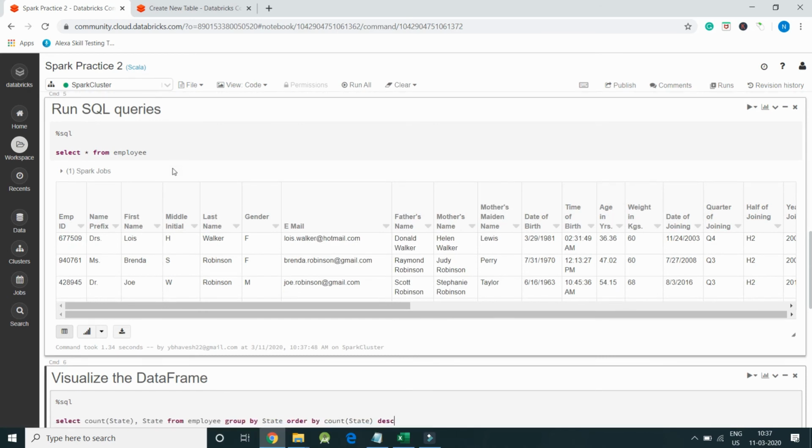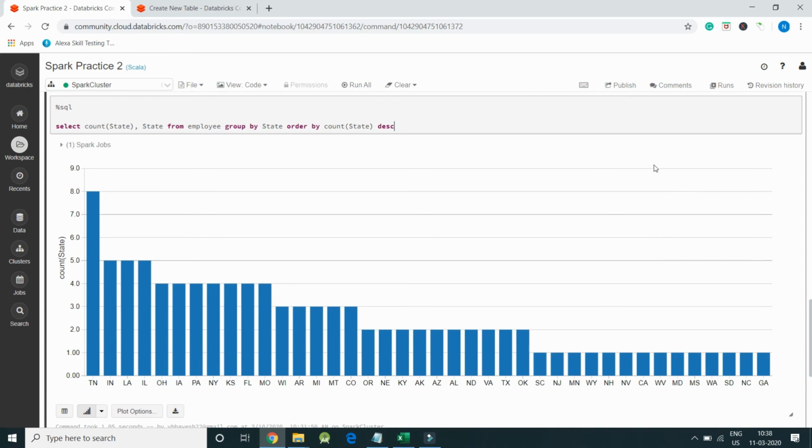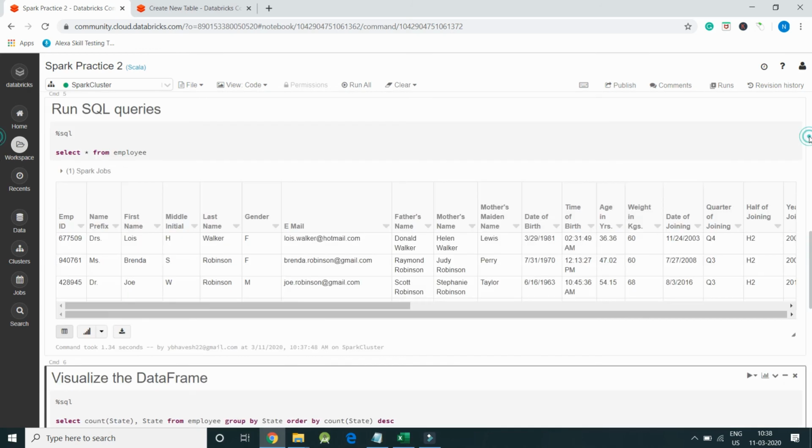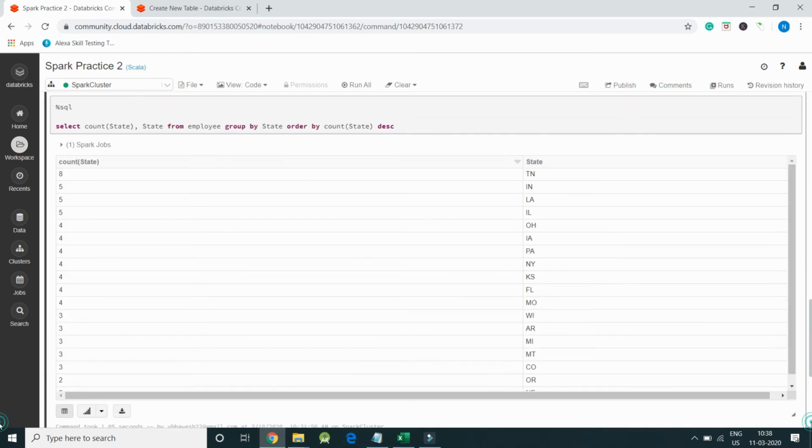We can also visualize the data in the Databricks environment since it provides a rich set of UIs. I have written a query: select count of state, comma state, from employee, group by state, order by state count descending, which indicates we are finding the number of states with the highest count.